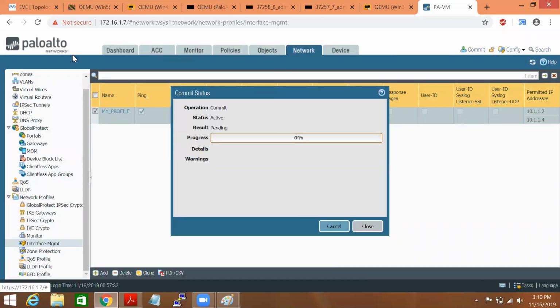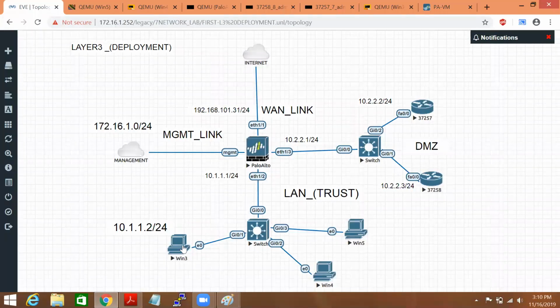So guys, there is one question for all those who understand. Let's say I try to ping from Windows to this interface. Is this traffic intrazone or interzone? Intrazone. Yes.